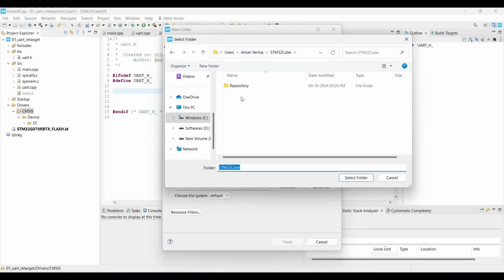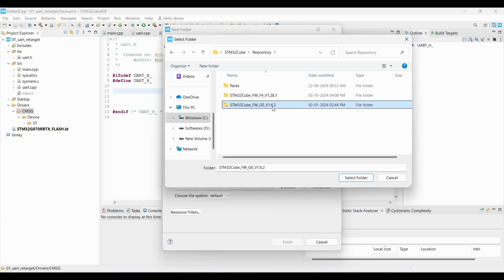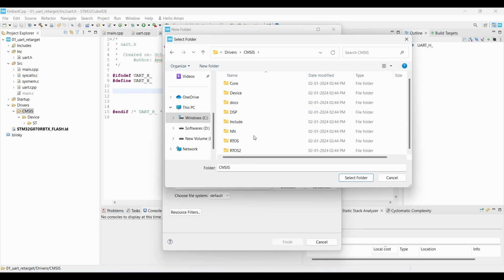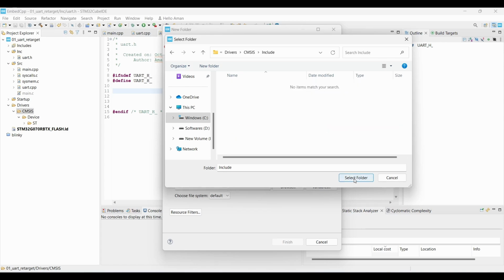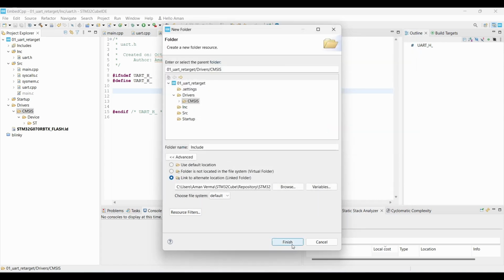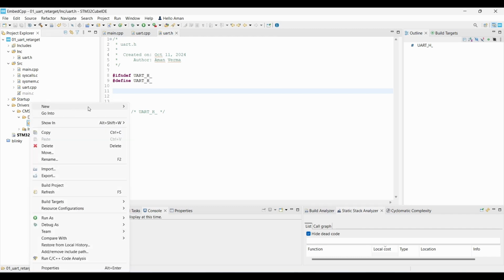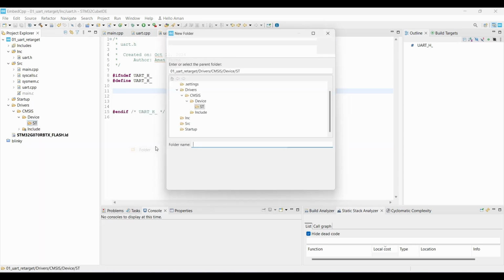When you come to your user repository, you will have your firmware G0 1.6.2. And here, if you come to drivers and CMSIS, you will have to include this folder and finish it. And again in the other device tree here in the ST, again I will go here and